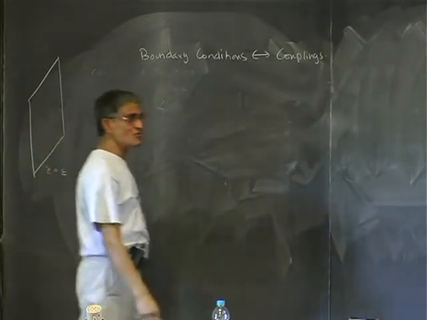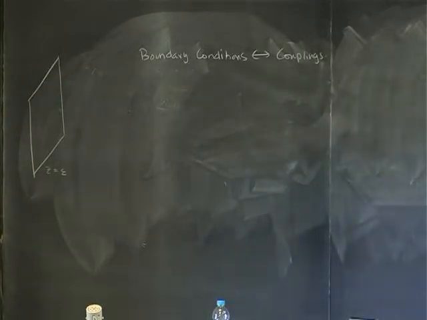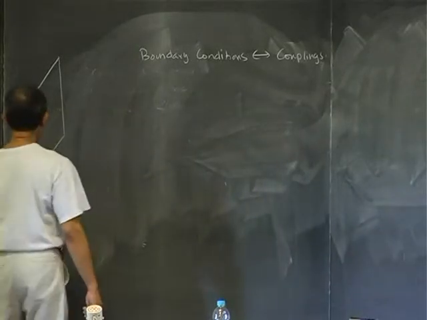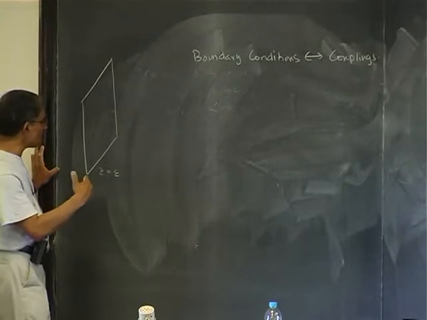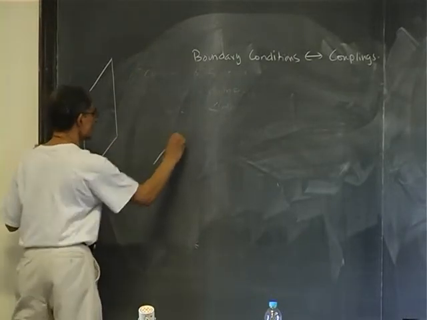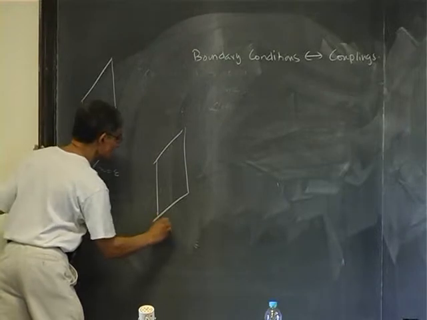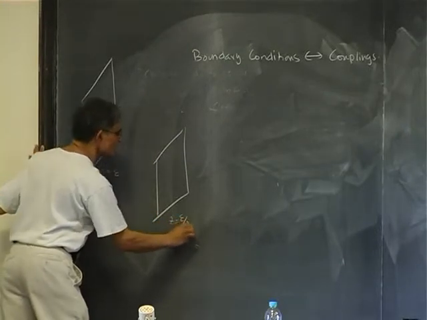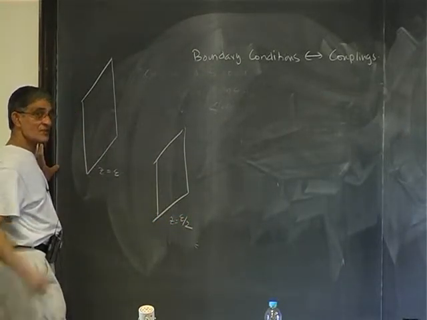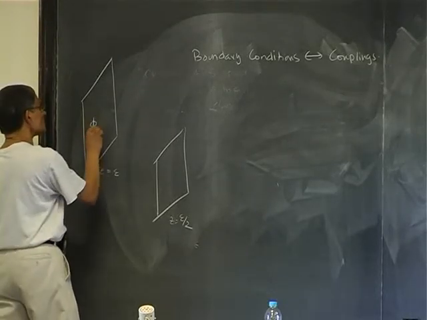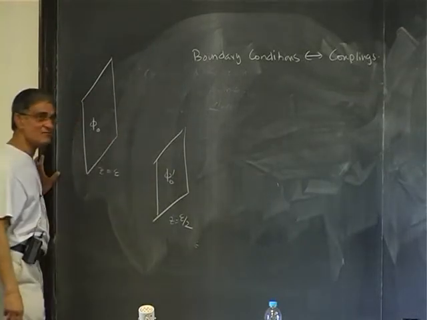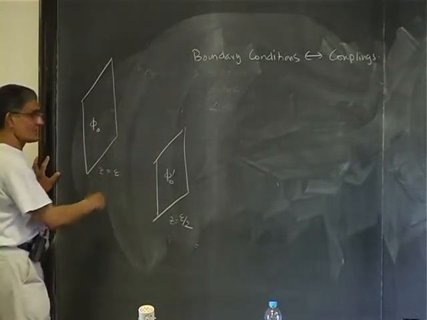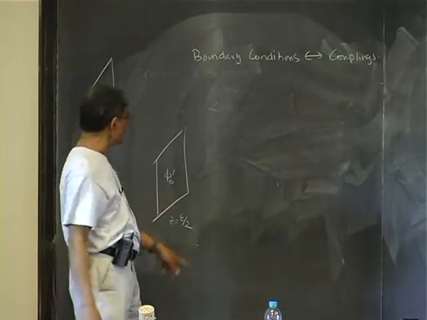Okay, so now I can do the following operation. So therefore it seems to suggest that if I was considering one theory in the bulk which has a cutoff at z equal to epsilon, and consider another theory in the bulk where z was equal to epsilon by 2, the same physics would correspond to some boundary conditions phi naught here and some boundary conditions phi naught prime here, and just by doing a bulk calculation I should be able to relate phi naught prime to phi naught,